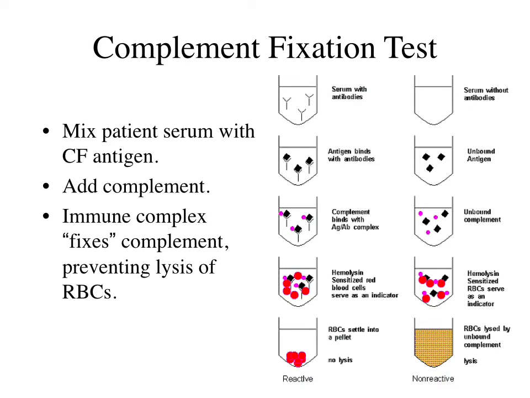If, on the other hand, complement is fixed by the antigen and antibody system under study, it is not free to react in the indicator system and results in a positive test. The indicator system used in this particular example would be sheep red blood cells, RBCs. In a positive or reactive test, the complement is bound to an antigen-antibody complex, which is what you see in the left row, or left column,